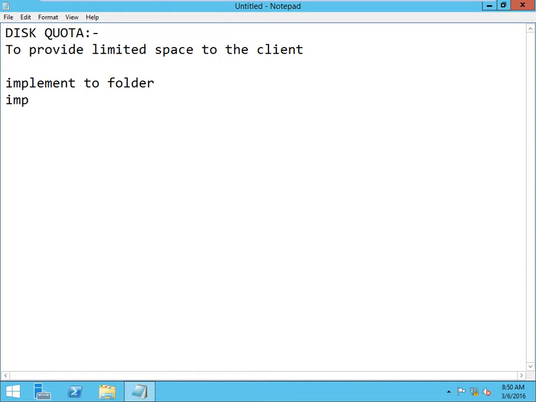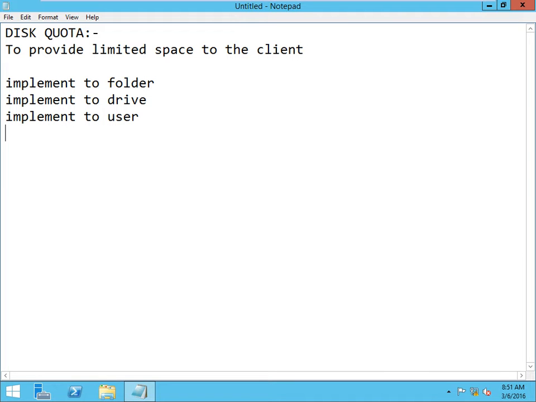We can also implement it to a drive, and implement it to a user. Anywhere you can perform the quota. Like quota you can implement for folder, drive, user also.